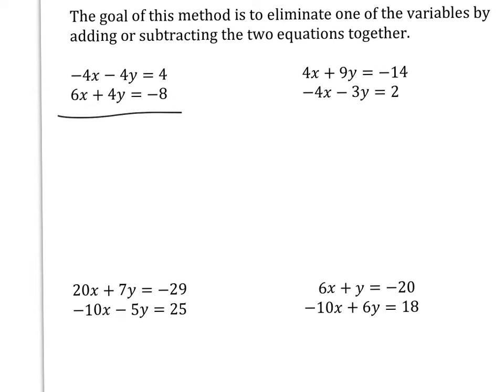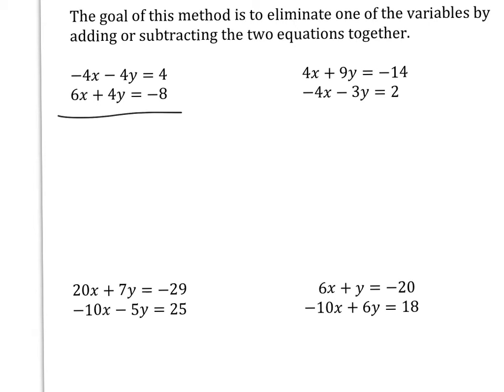So with using the elimination, I want to see variables that have either the same coefficient in front of them, or I want to see opposite coefficients. So here I see a negative 4y and a positive 4y. So for me, I'm looking at that and saying, okay, I could get that to a 0y by either adding